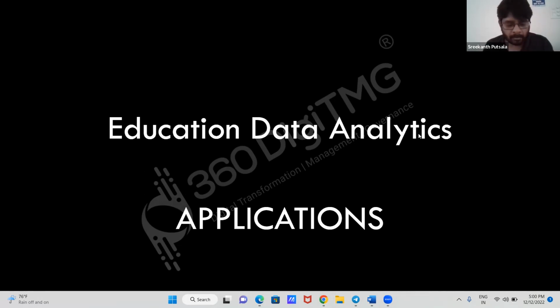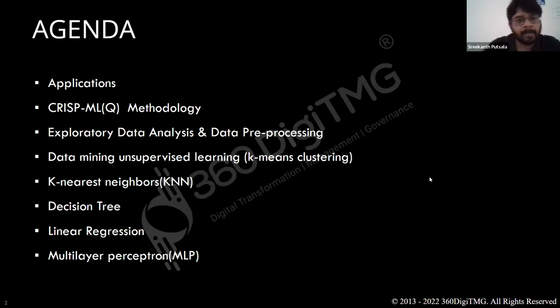So, we are looking into a 16 hours program where we'll be seeing the applications of domain analytics. Then we get into different machine learning models where we try to use different data related to the education sector. So let's start to see what are the different applications of education data analytics. So basically we are looking into education data. So this is the complete agenda of the 16 hours program that we are looking into related to education domain